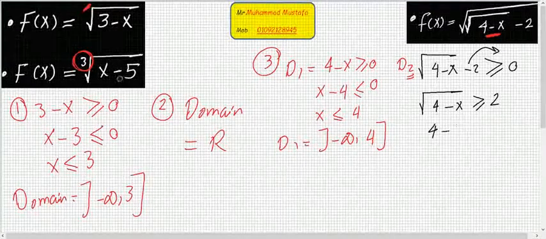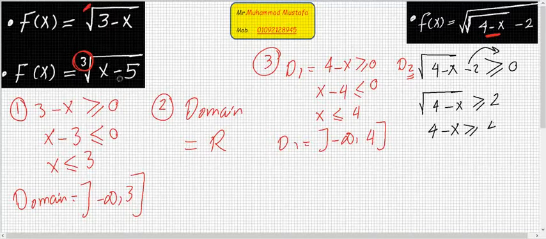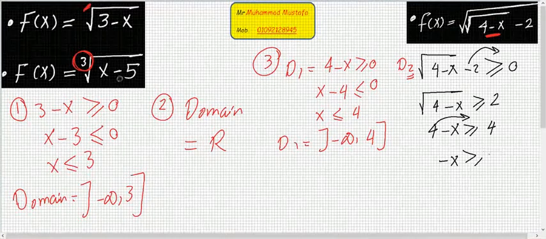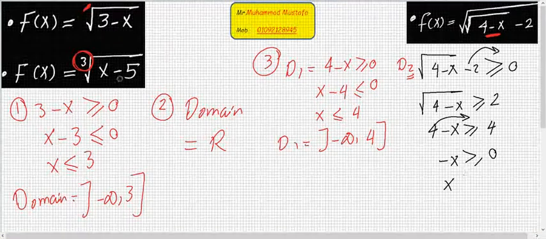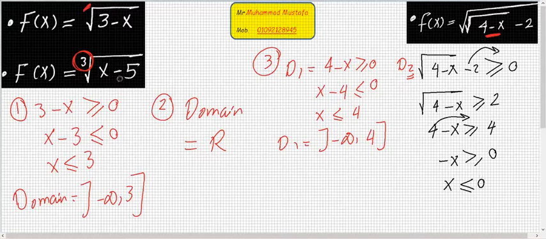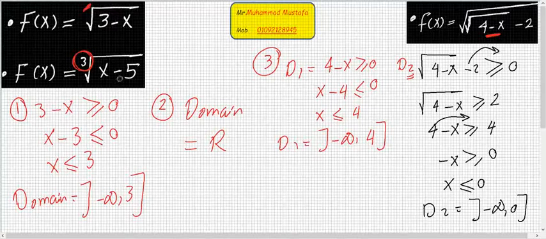Power 2: 4 minus x greater than or equal 2 power 2, which is 4. Negative x greater than or equal, we move 4 there. 4 minus 4 equals 0, then divide by negative 1, so we change the direction of the sign: x smaller than or equal 0. D2 equals negative infinity to 0, closed. This is the first domain, D1,